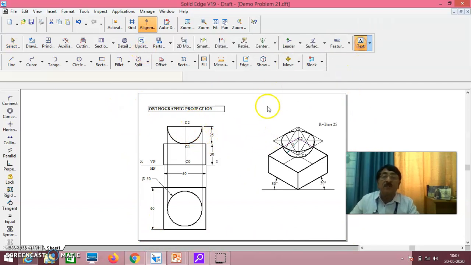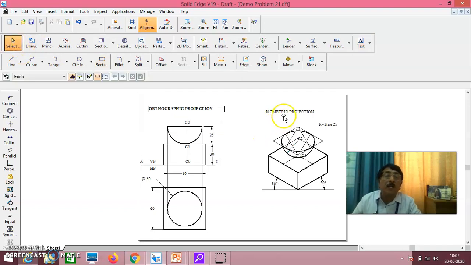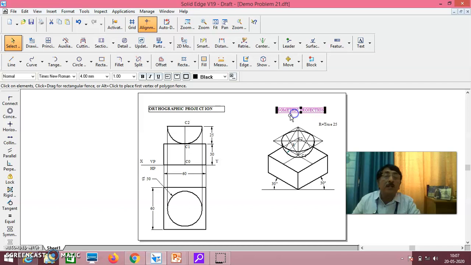This will be isometric projection. This clearly says this is isometric projection. You can darken this also so that they'll understand it better.